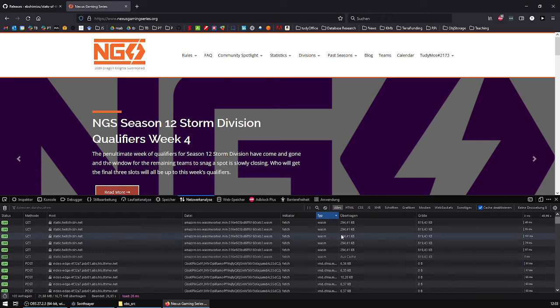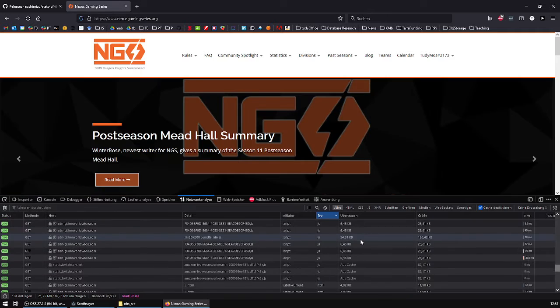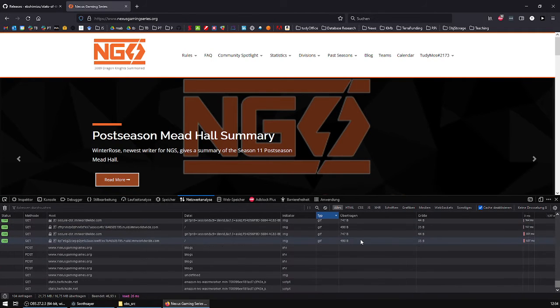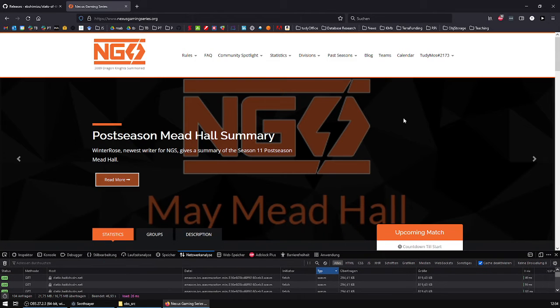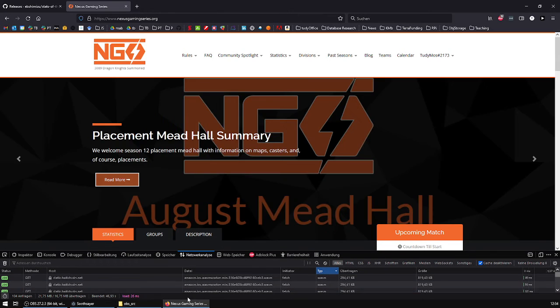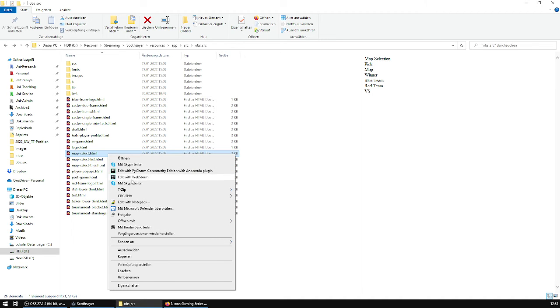Can we see the CSS files? No, not quite. But anyways, you get the idea. Almost every homepage is styled by these CSS files. So the HTML file tells you what is in this homepage. It's just bare information, like here for example, right? Mapselect.html, if you open that,